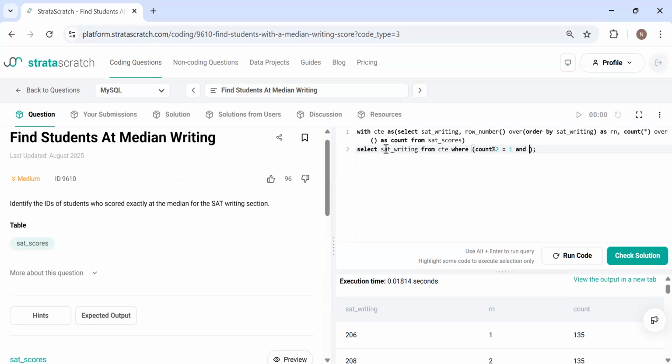And we have to mention what rank value it is going to take. First thing is it is an odd number. So if it is an odd number, then what value is going to be the median, right? And then we have to calculate it using Rn. Okay. So if that is the case, then take the Rn value, which equals